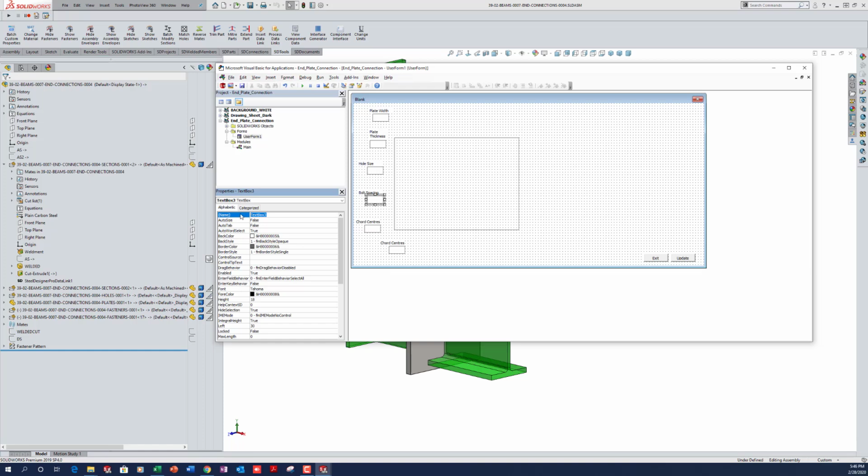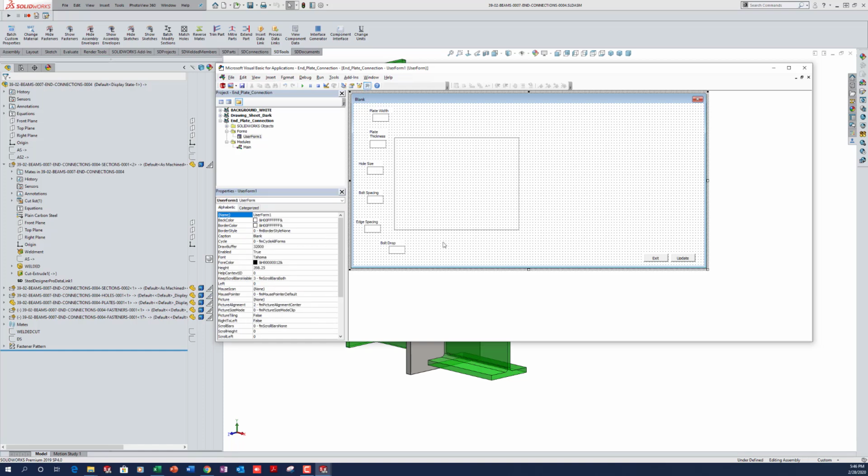So I'm just populating each of these. So now that I have all of these labels in,